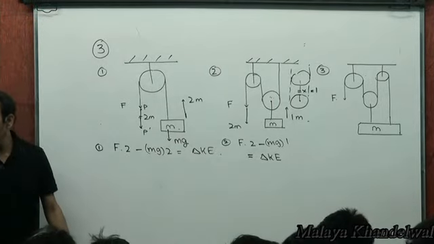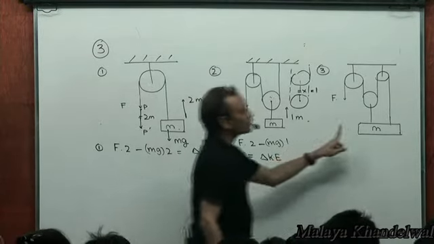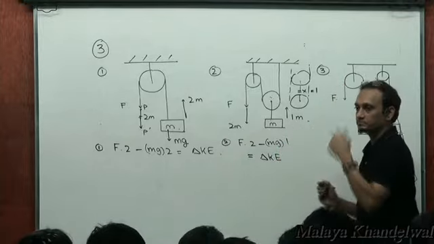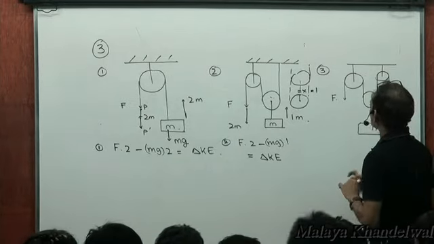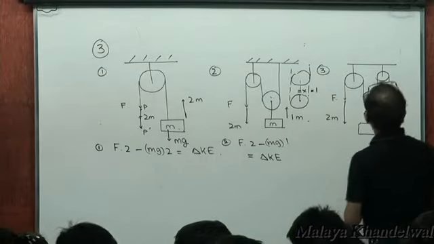Right? Work done by gravity is mg into 1, negative sign, right? Come down to this. This again moves down by 2 meters, right? Hey,